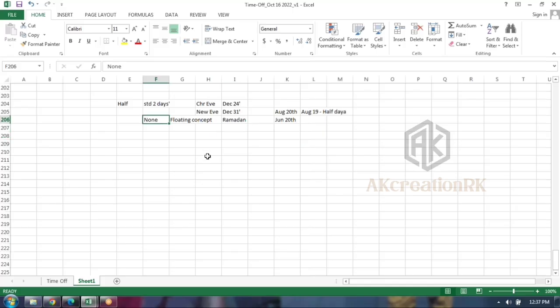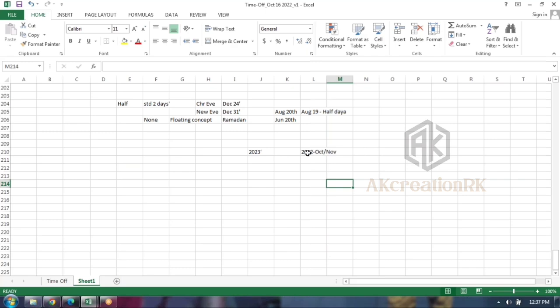Why? Because this holiday calendar creation is applicable in the year-end activities in real time, guys. Holidays are part of the year-end activities. That means for 2023, the company plans in the month of October or November of 2022 to prepare the holiday calendars. Technically, we call these year-end activities in time management. At that time they don't know the dates, right? When you are approaching the Ramadan month, you will definitely come to know.